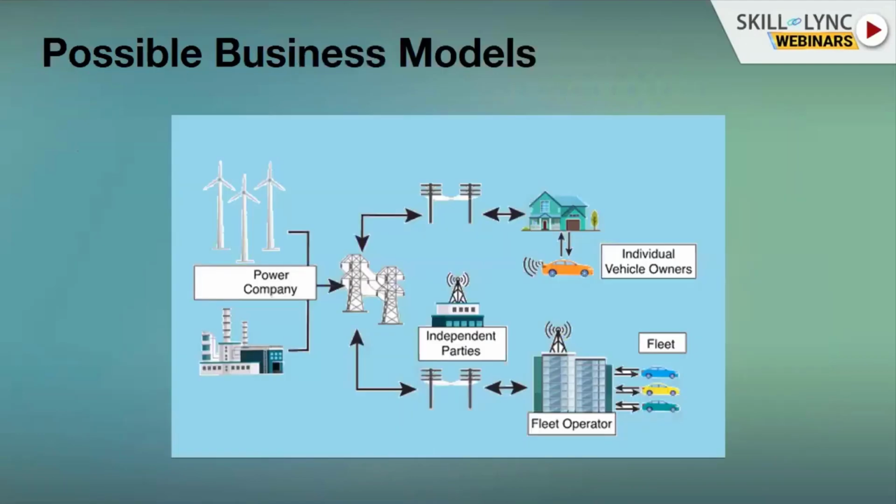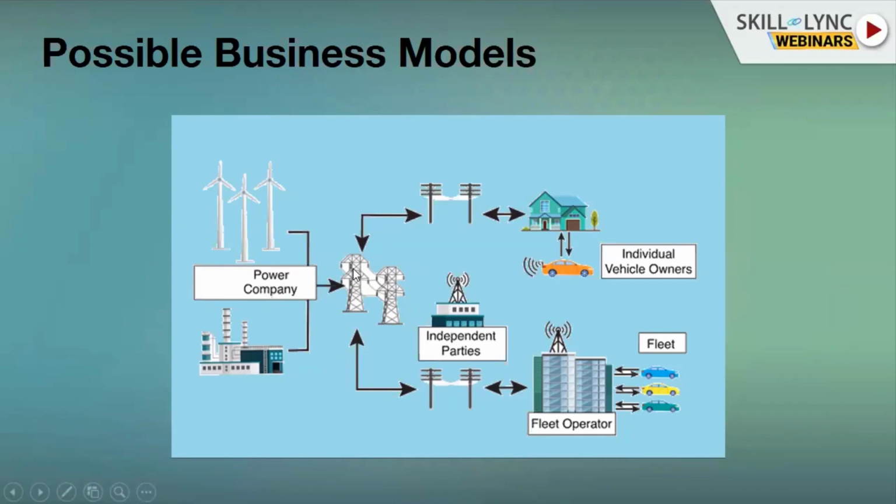So the next example is about a possible business model. Now, this would be in future what you would see in India, or abroad. It's already there. So we have the power companies, which are having wind energy, or it could be solar, or it could be the grid supply itself. So the total power company now feeds their power to the transmission lines or the utility.